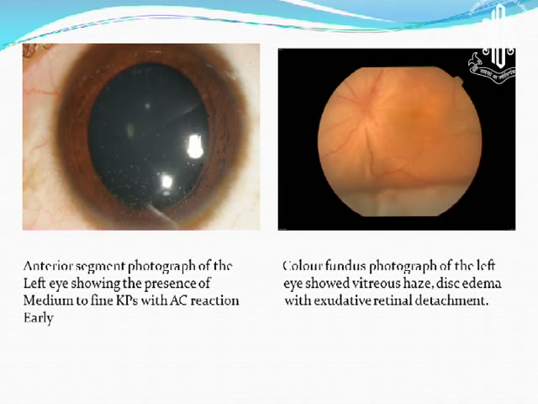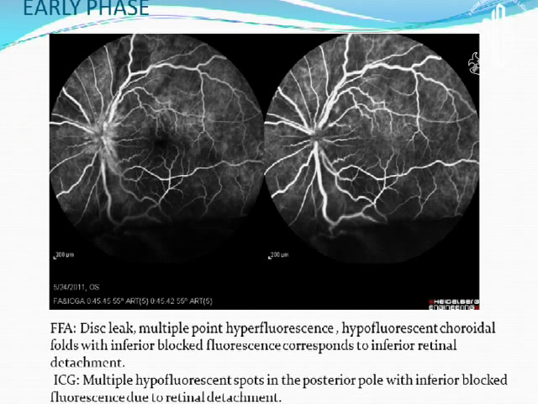A case scenario: a 15-year-old boy presented with a history of penetrating injury in the right eye, and primary globe repair was done for that eye. Two weeks later, he presented with diminution of vision in the left eye, and his vision was perception of light. The anterior segment showed changes of granulomatous uveitis, and the fundus showed vitreous haze with disc edema with exudative retinal detachment. FFA and ICGA pictures of early phase: